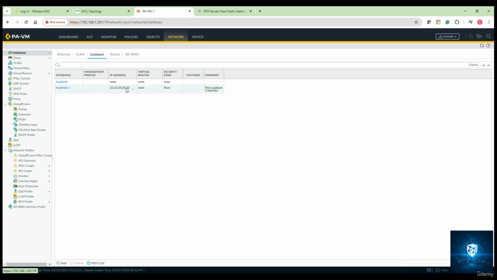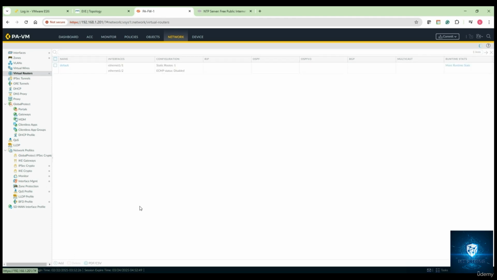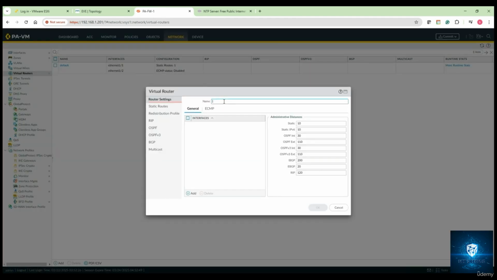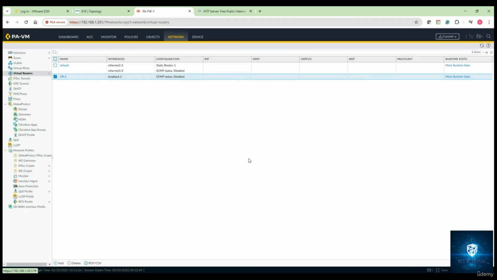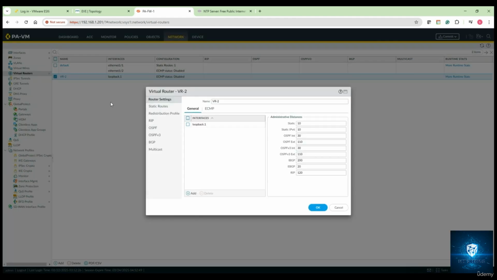Now you can go back to the virtual router and click on Add. Say this is VR-2. Under Interface, click on Add. You find that the loopback 1 interface is available now, so this is part of that VR2. And likewise, you can configure static routes under the virtual router. Let's say I click on OK now, and if you go back inside this particular VR2, you can see that